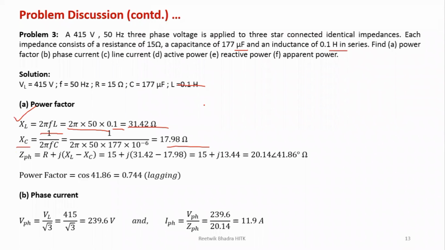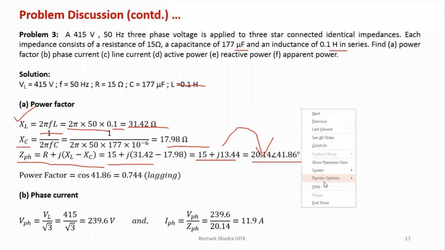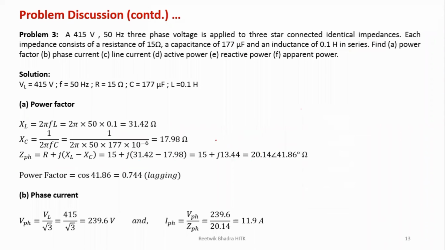Then what you have to find out, Z. You know for an RLC series circuit, what is Z? R plus J(XL minus XC). So ZPH is equal to R plus J(XL minus XC). Find the J value, convert it into angle. I'm not showing it over here. How to do it, you know it. Please verify it using the formulas. If you have any doubt how this is coming, you can tell me in the next class. Try to find this out on your own.